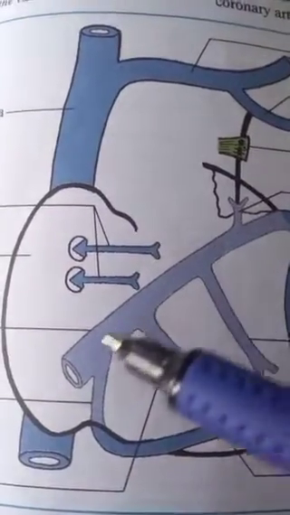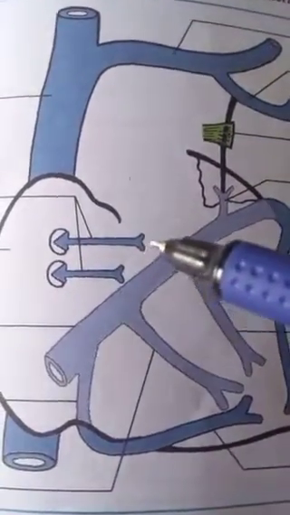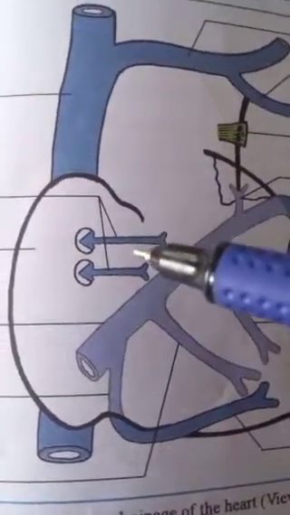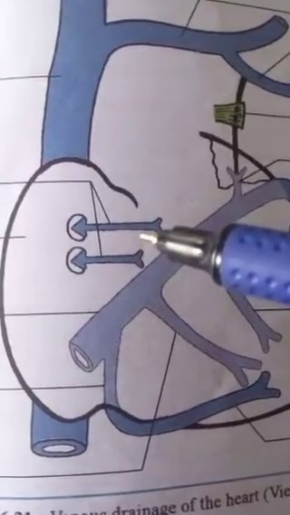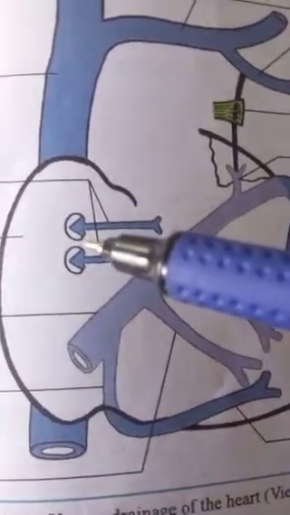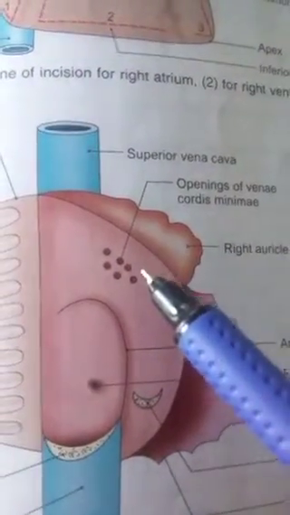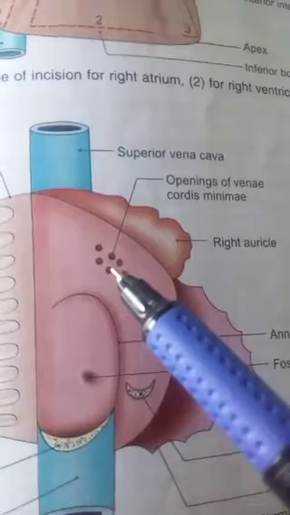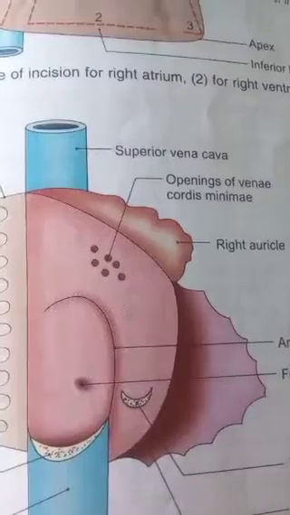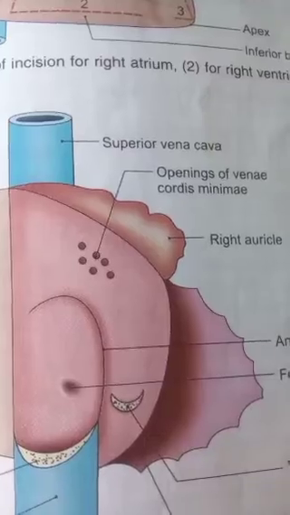Having discussed the coronary sinus and its tributaries, we will now discuss the anterior cardiac veins and venae cordis minimi. Anterior cardiac veins are 3 to 4 in number. They drain the infundibulum of the right ventricle and open directly into the right atrium. Venae cordis minimi are numerous small veins which are present in all the four chambers of the heart, but they are more numerous on the right side or right chambers of the heart compared to the left side.